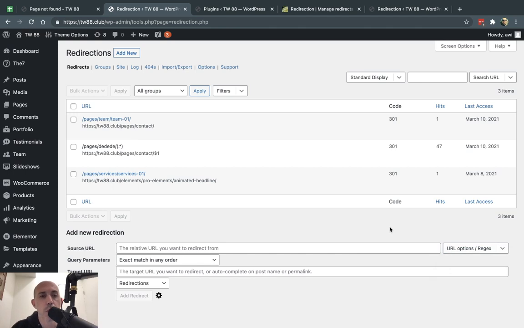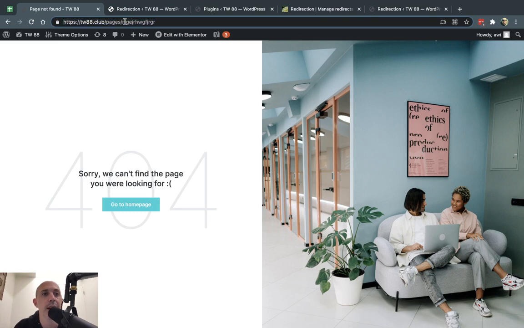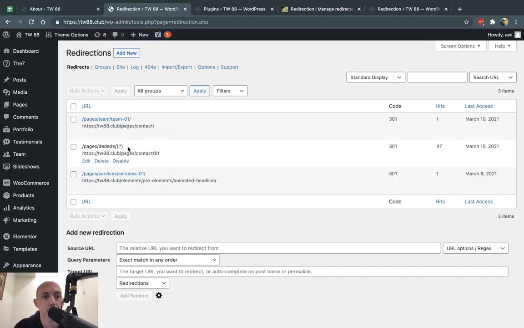Excuse me. So what that means is you can set up some rules that don't cover one page at a time. They actually cover a bulk list of pages. So let me give you an example of what that actually means. Okay, so I actually set up one right here.